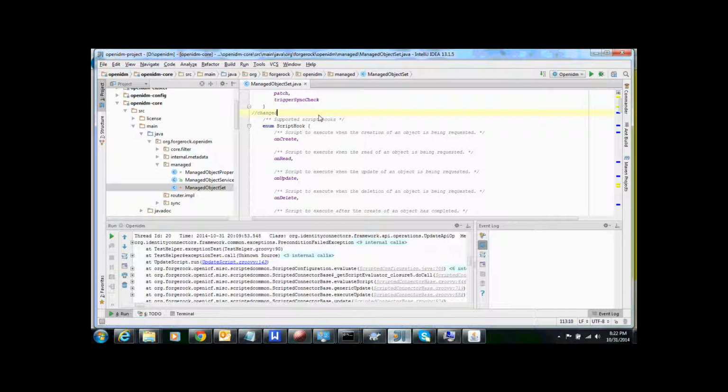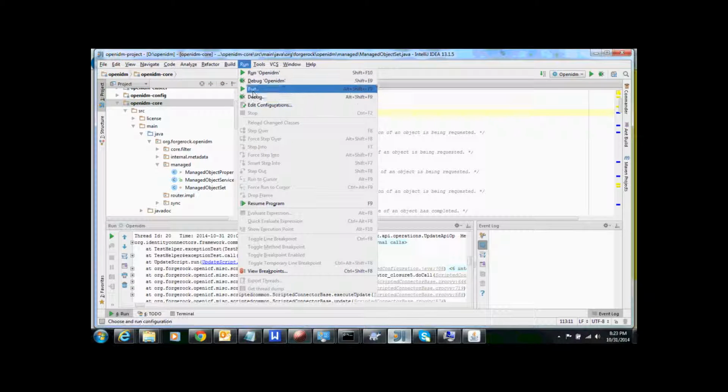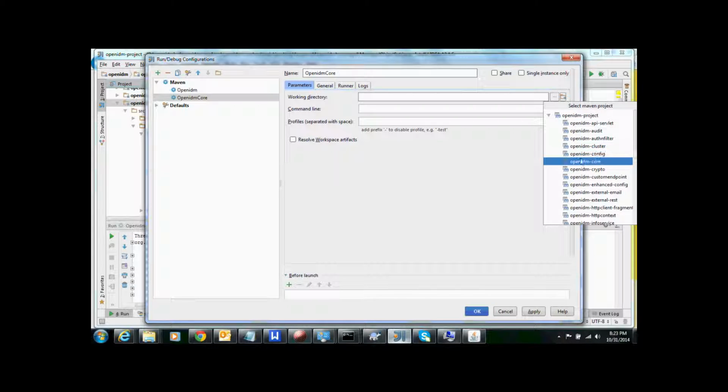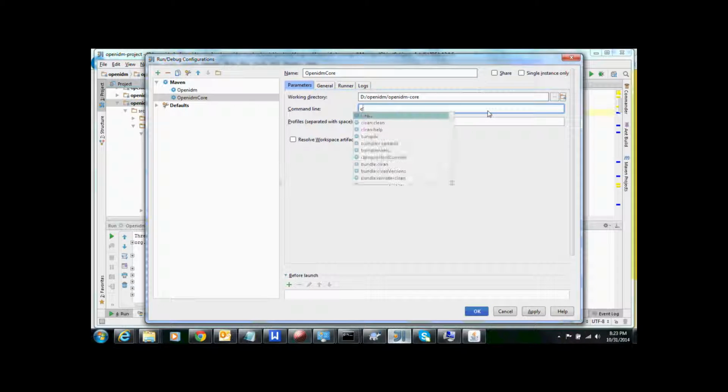You do a save, this gets saved, but then you don't need to build the whole project. What you need to do is just build the openIDM core. So you go to run and you do an edit configurations. So this time we are going to add openIDM core as the folder, and here you select the folder openIDM core. Same thing, clean,